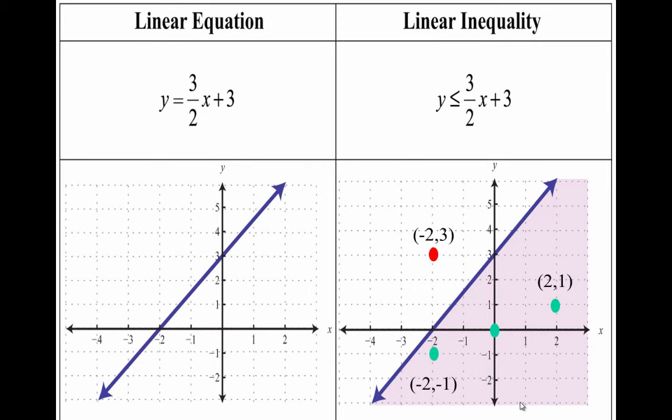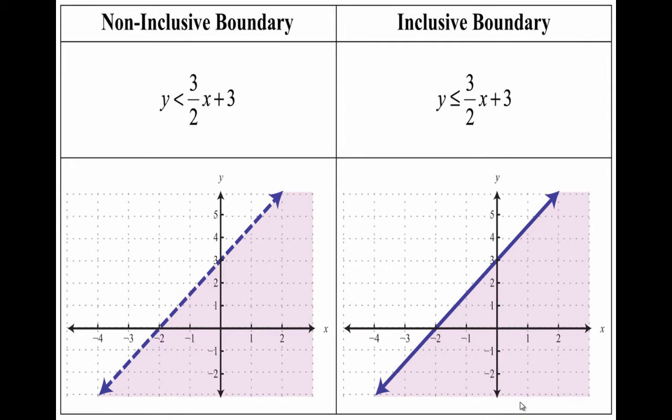There's another way to do this, and that's a little bit further down the line in the math class. Okay? But let me show you another slide here. There's 2 different types of inequalities. There's one called a non-inclusive boundary, which means that the symbols we use are only less than or greater than. The one on the right says inclusive, which means that the line is also included in the graph, or all solutions to the inequality are on the line and below the line. So we go back to the